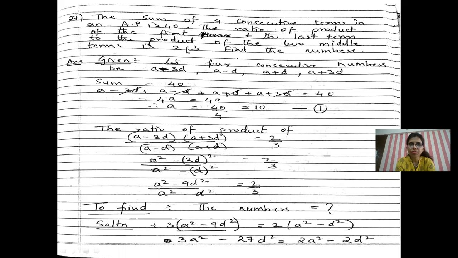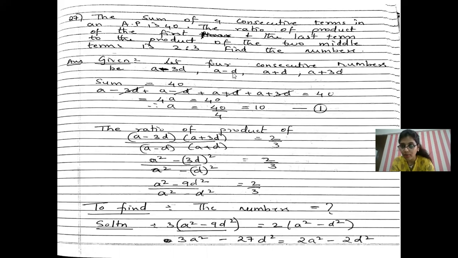Find the numbers. So from this you understand that we have to assume four consecutive terms because it is not given to us. And as I had told you before also, just remember the trick. Whenever it is an even number, as it is four consecutive terms, so 4 is an even number, ignore A and take the odd values of D, meaning A minus D here. When you are not writing any number, it means it is 1. So A minus D, it's odd.